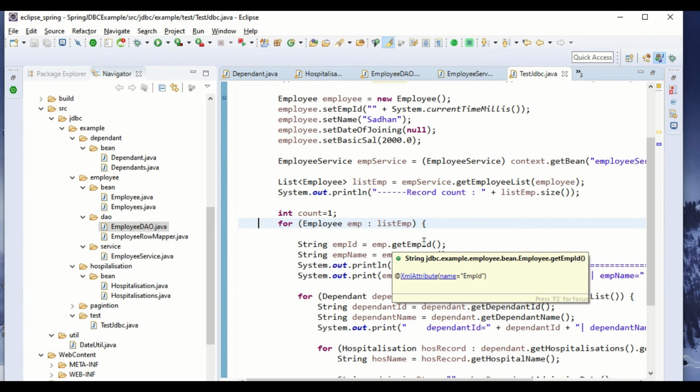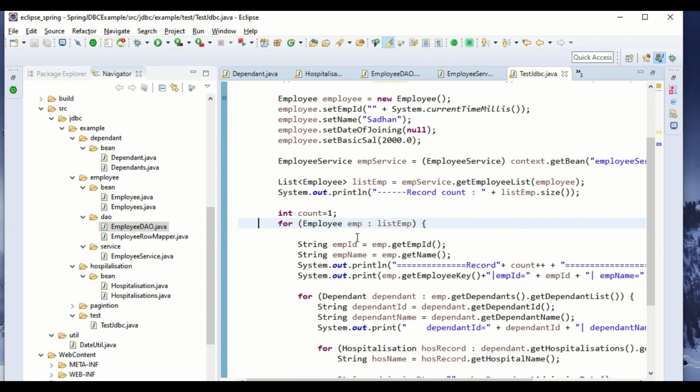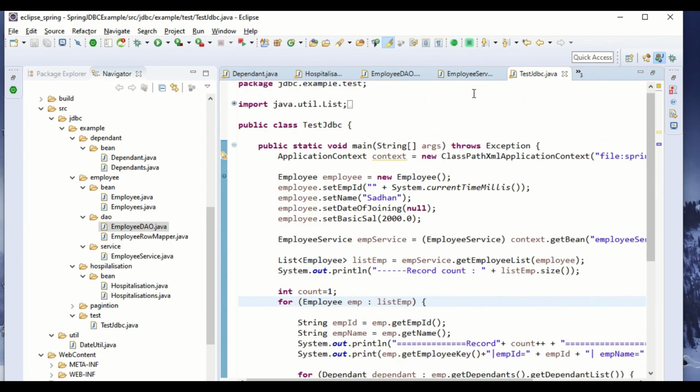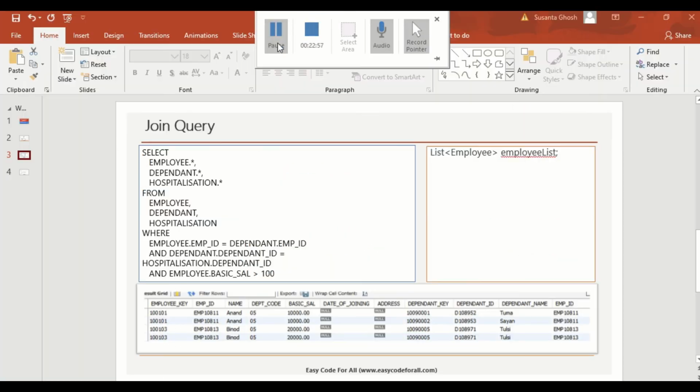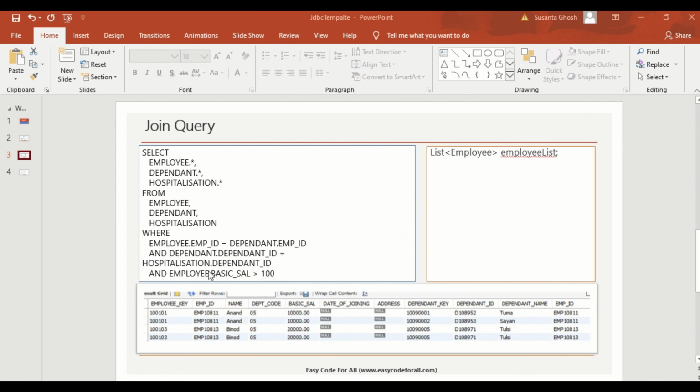I mean, that's how you can get the data from multiple tables using Spring JDBC template and result set extractor. Here, getting the data means getting the data as a Java object or list of Java objects. So this is the query we executed and we got the result as a list of employee objects.